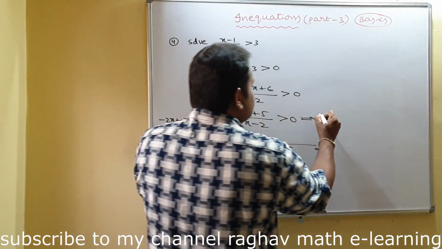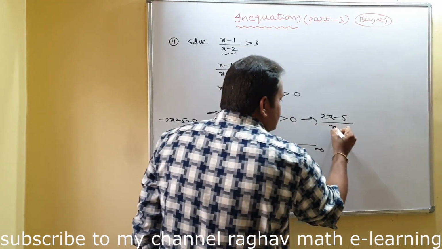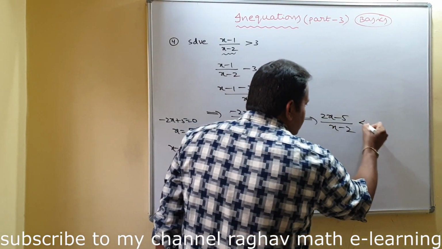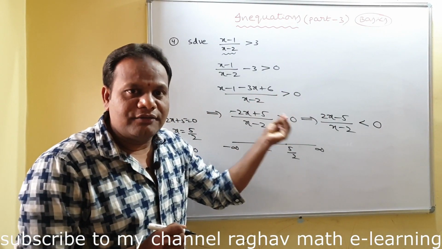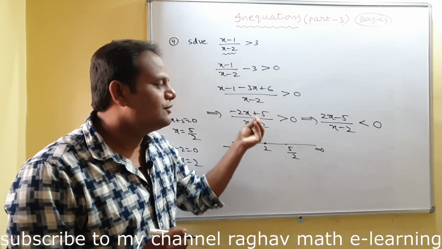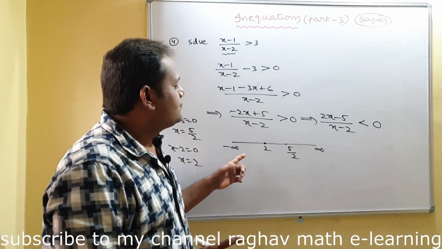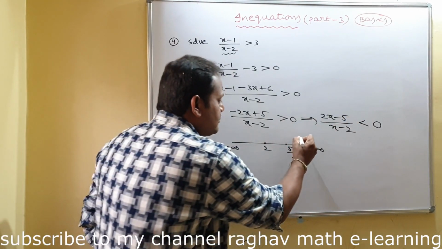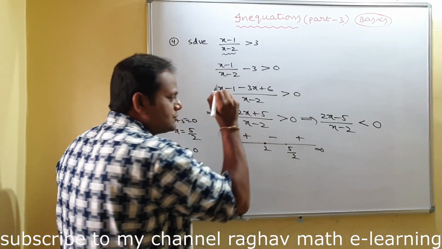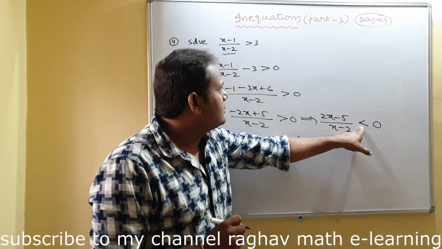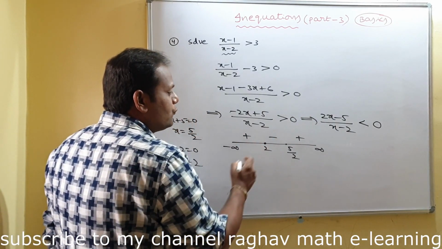Is it? So multiply with minus. It will be (2x minus 5) by (x minus 2). This greater than becomes what? Less than 0. Why? Because I multiplied both sides with a negative sign, is it? Okay. Now the x coefficient is positive, the x coefficient is positive. So in the rightmost interval, we take the positive sign. Change the sign alternatively, negative, positive. That's all. Is it? What do we want? Less than 0 means negative. Where is it negative? Between 2 and 5 by 2.